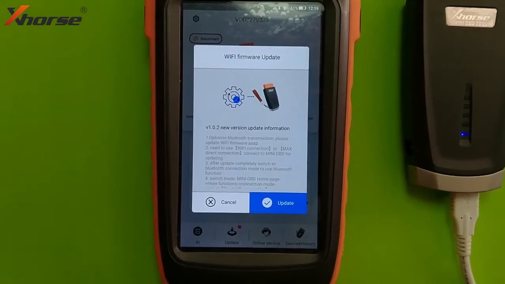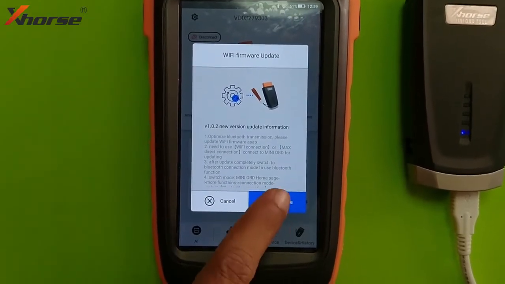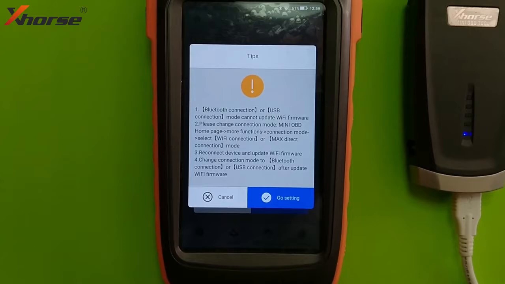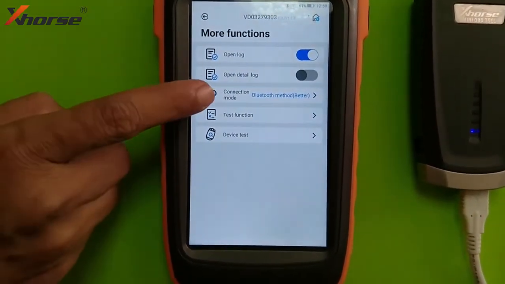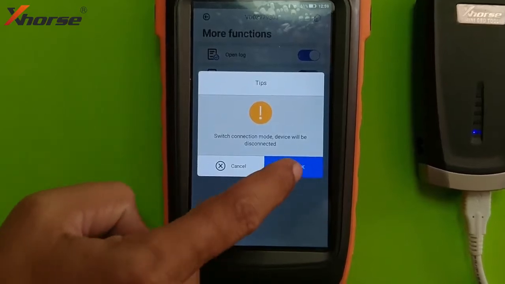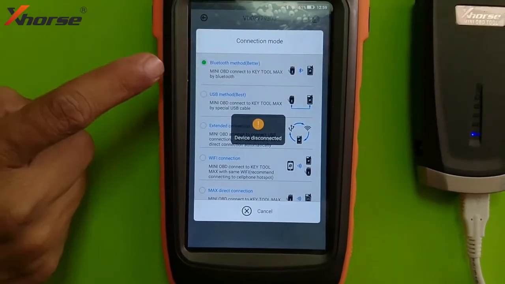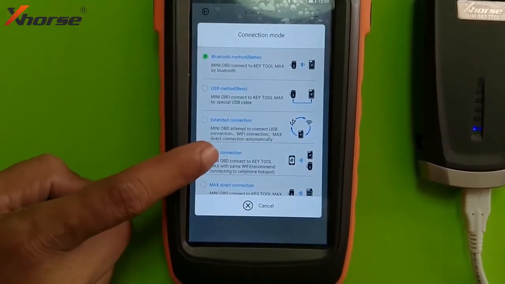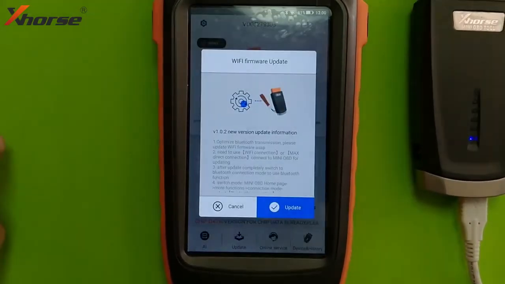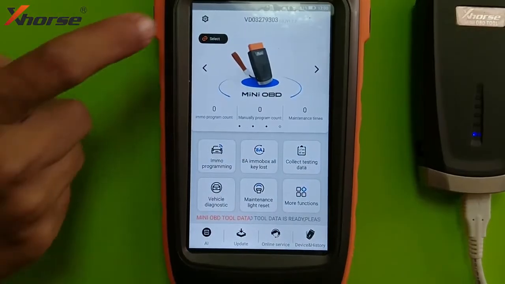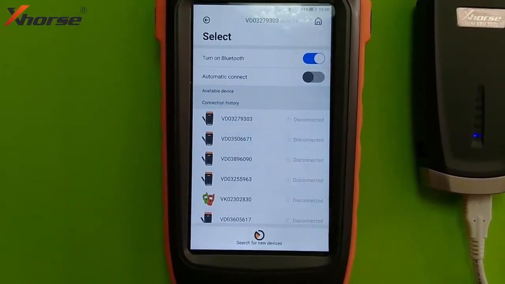Now this is the Wi-Fi firmware update. For the Wi-Fi firmware update, go to setting and change the connection mode from Bluetooth to Wi-Fi connection. Back, cancel. You need to reconnect the device.